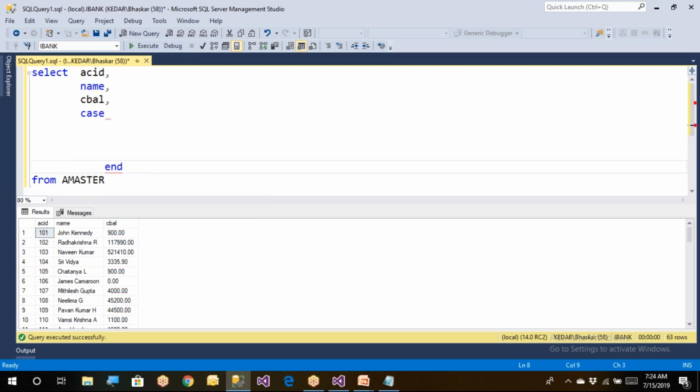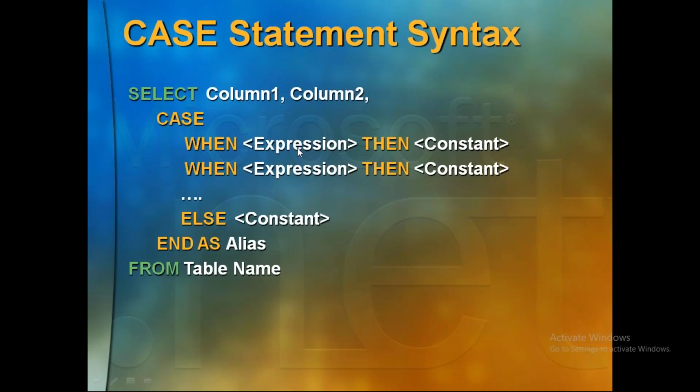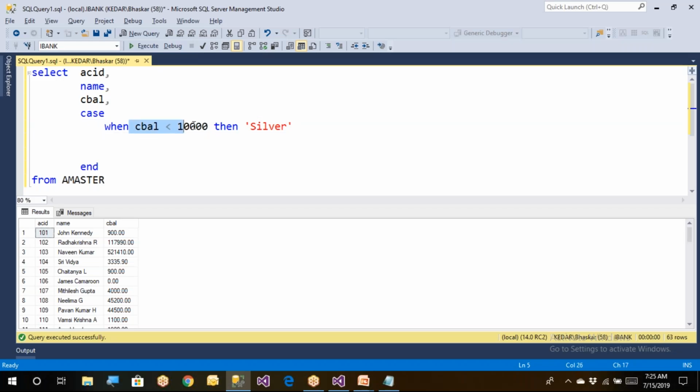What is the requirement here? The requirement: case when C balance is less than 10,000. Okay, when the C balance is less than 10,000, then the customer is a silver customer. So this is the syntax. Okay, expression, then what? Constant. If the C balance is less than 10,000 or less than or equal to whatever you wanted to have, this one. When